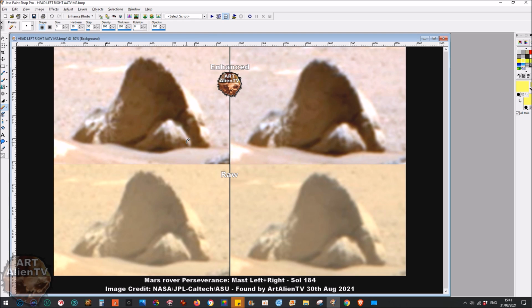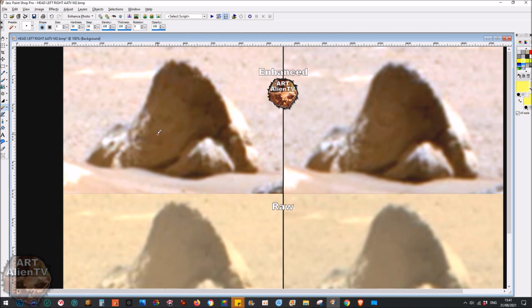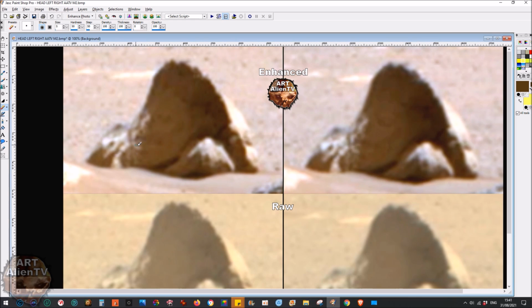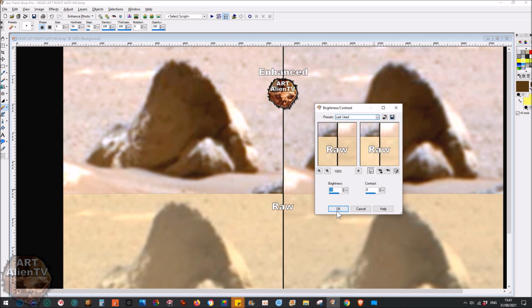So there we are, there it is. In fact, the brighter one looks better. This one on the left, when it's brighter, got a bit closer for you. Let's go back to the dark. As it goes dark, you can see these shadows around the cheek here. Okay. There. That kind of pops out when it's darker. When you go brighter, you can see the lip detail pop out more. Okay. Look at this bottom lip here. And here. As you go brighter, that pops out because it's catching the